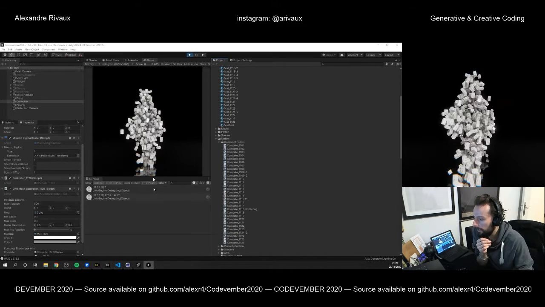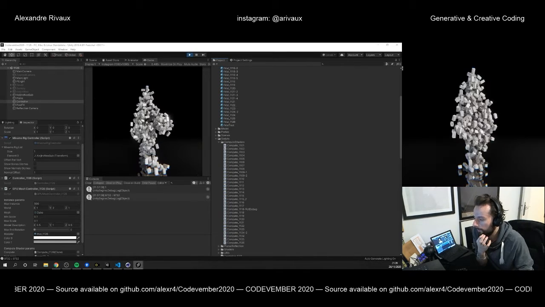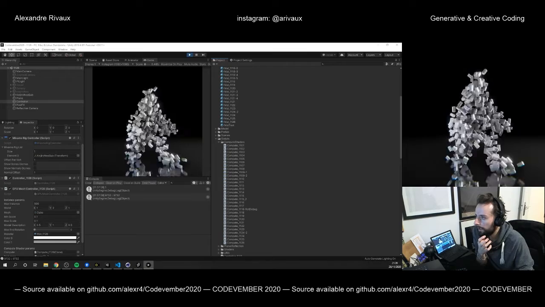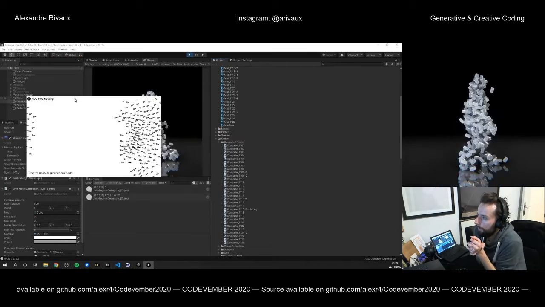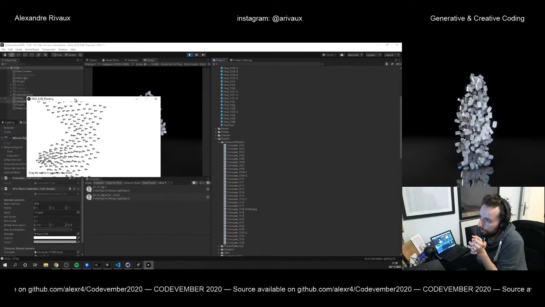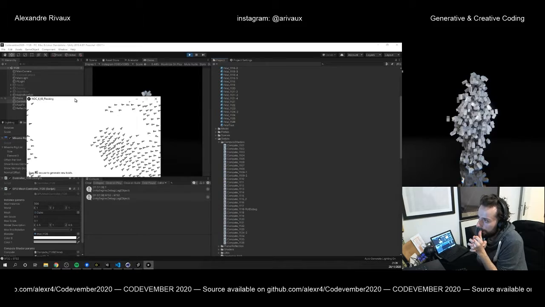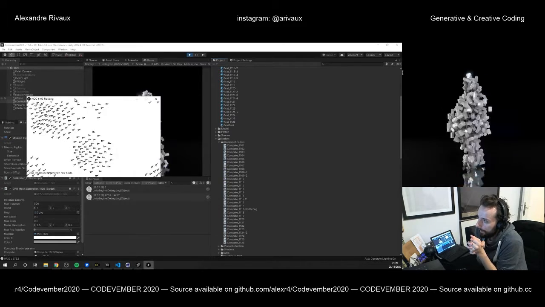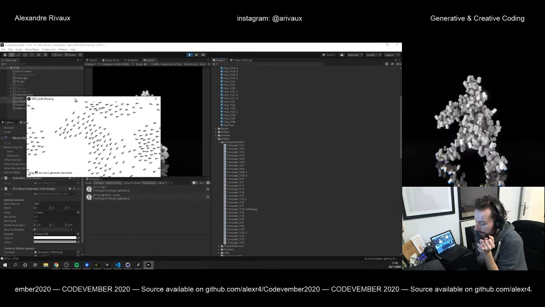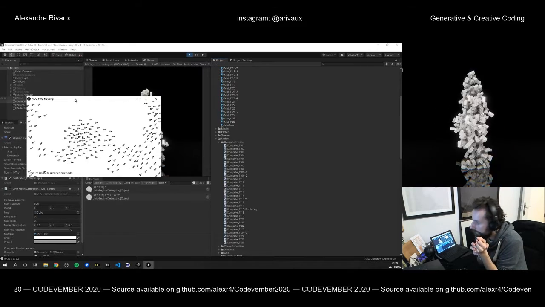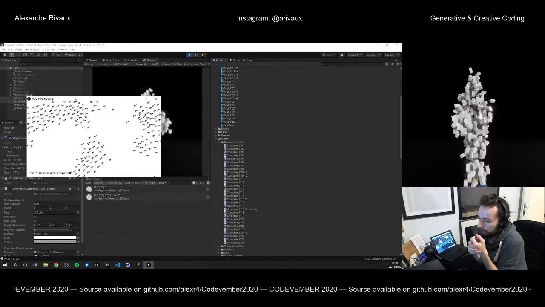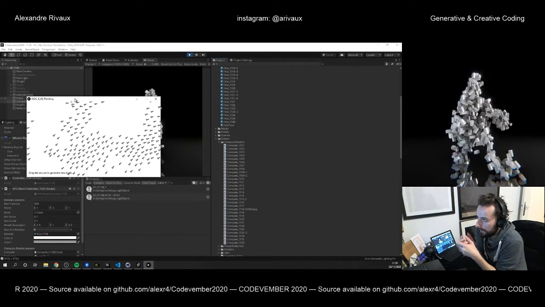So it's meant to simulate the behavior of flocking birds,